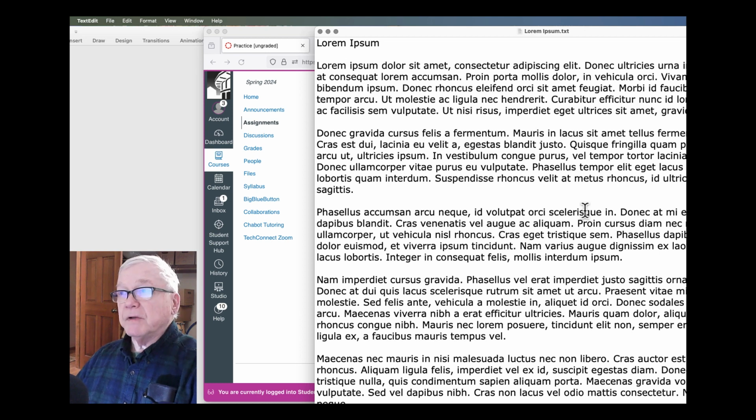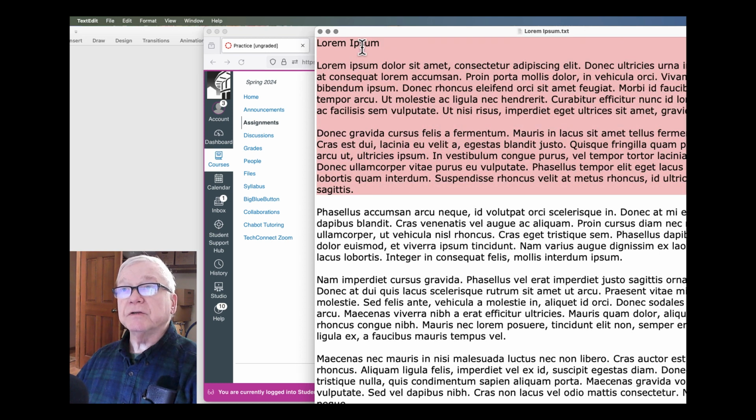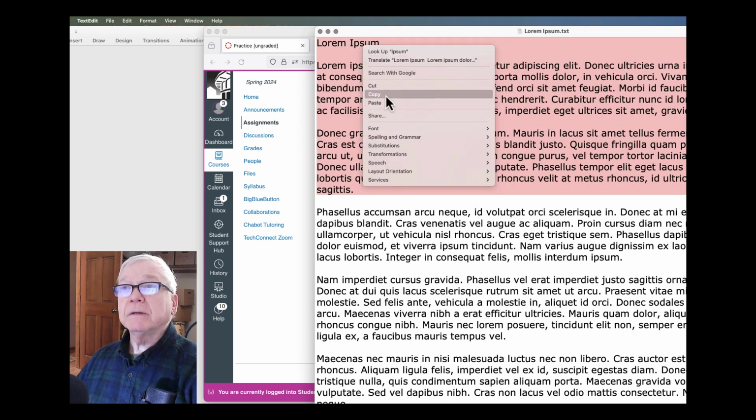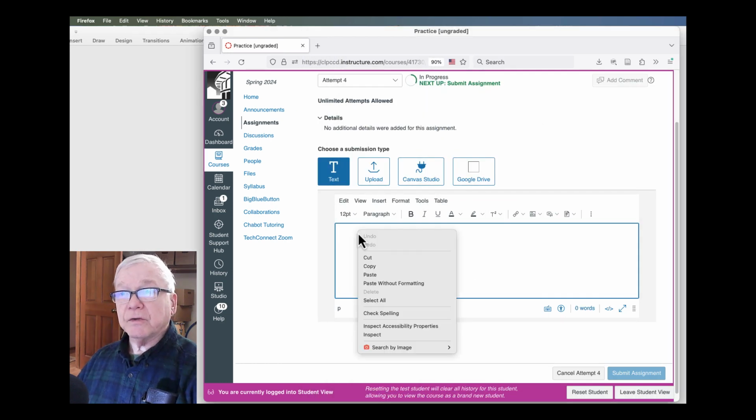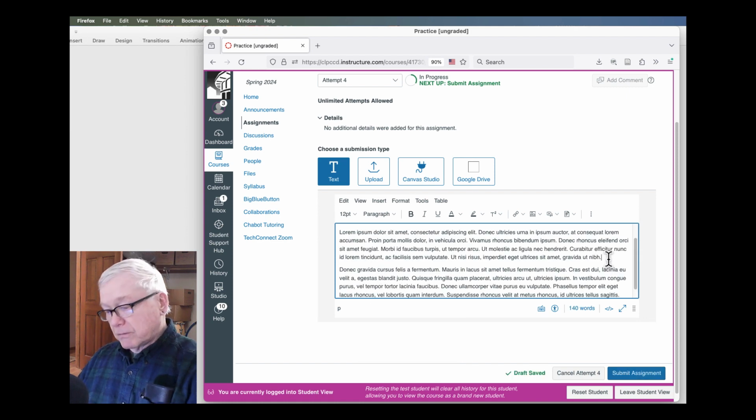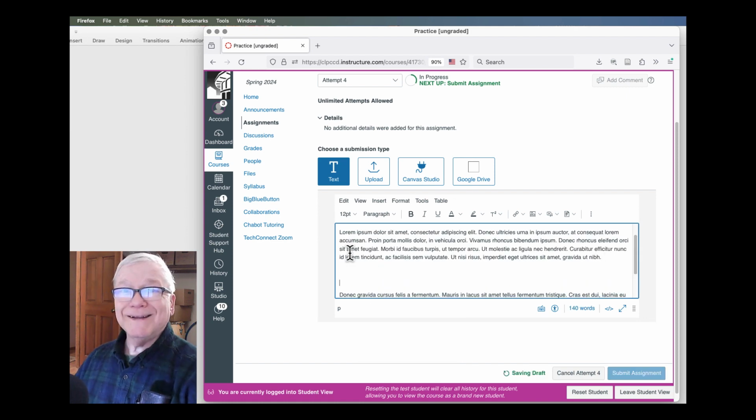So let's say I've got my text here, lorem ipsum. I'm just going to take part of this. I'm going to copy from whatever I'm editing in after I've saved it, of course, and I can just paste it in here. Now, if what I've got is a report where I need to enter some pictures that I took, I can't upload and text in the same submission because they're two different things.